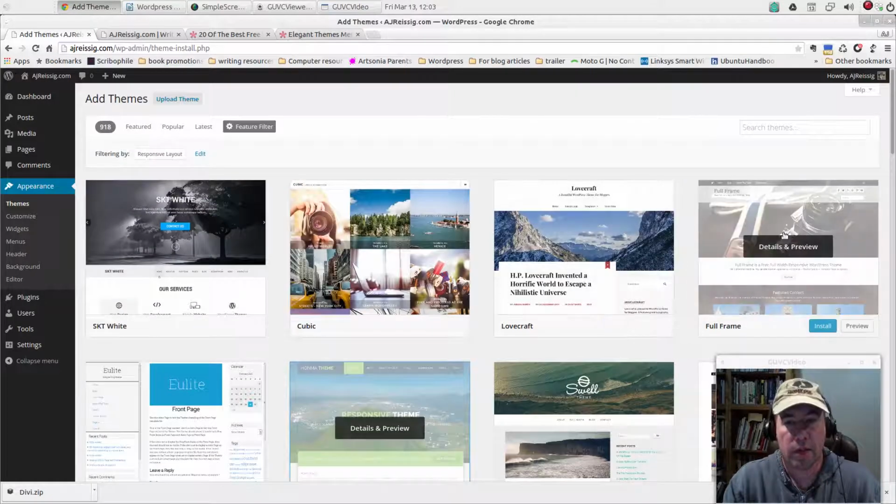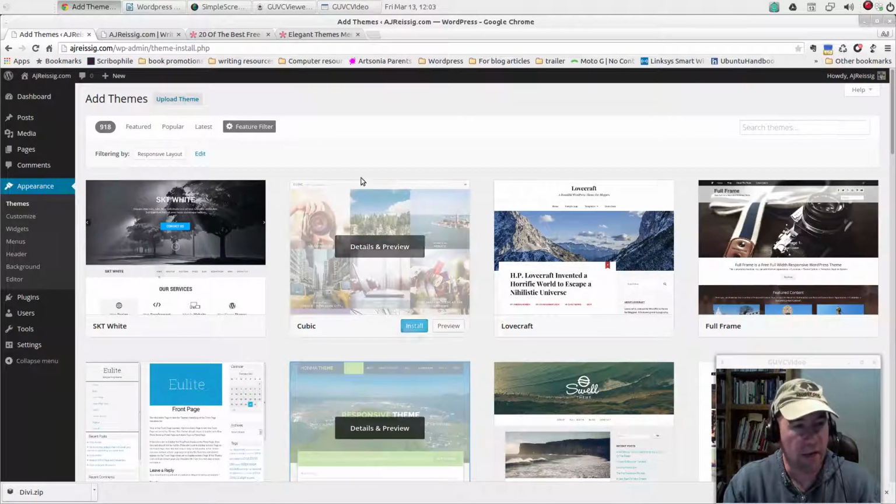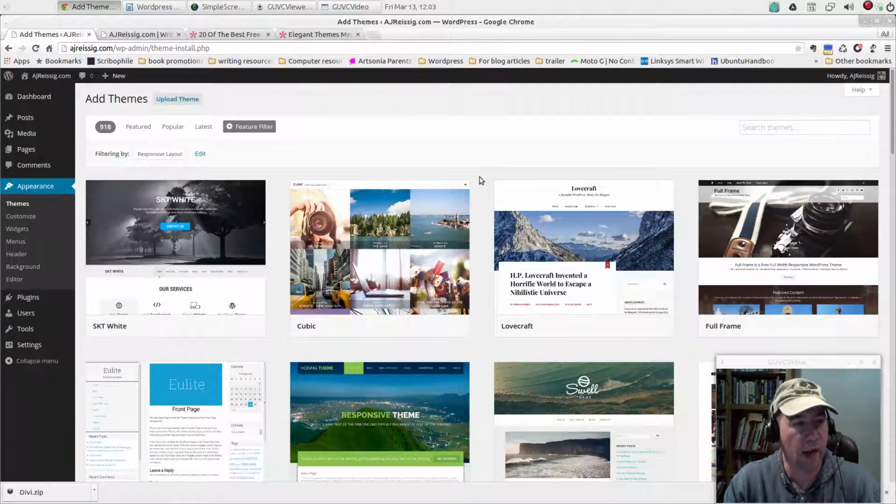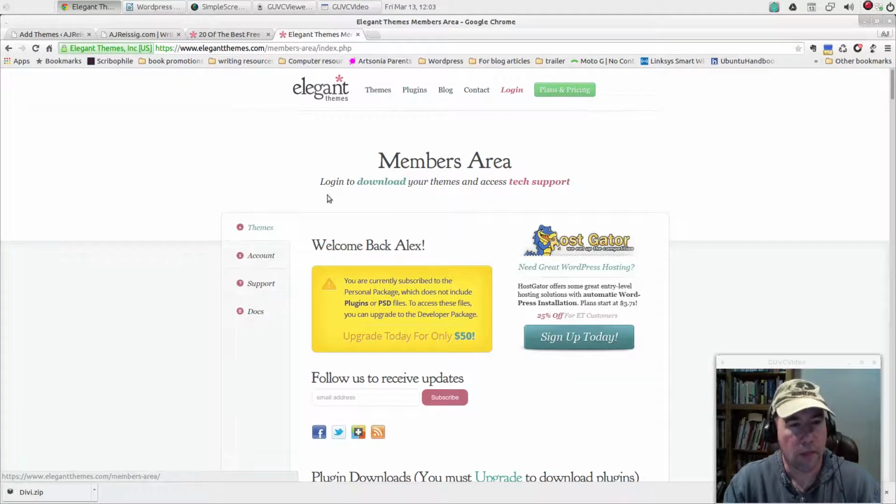So anyway, that's the first way that you can add a theme. Another, and this is going to be the most common way if you are adding a paid theme, is manually uploading it. Now, I talked in the previous videos about how we're going to be using the Divi theme from Elegant Themes, and here we're in Elegant Themes, and this section right here is